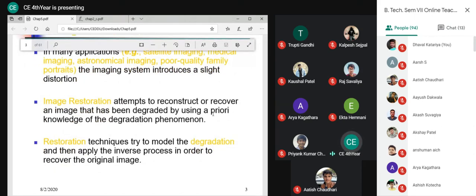So now what is restoration? Restoration is to reconstruct or recover the image that has been degraded. How can we restore it? For that, I need some prior information about the degradation, how it was degraded. Whatever method I apply for motion, I cannot apply for focus. So I should know the situation in which the image was degraded. What is the model for that? I will have a model for motion. Because of motion, this can be the impact, and to restore, I should undo this impact.